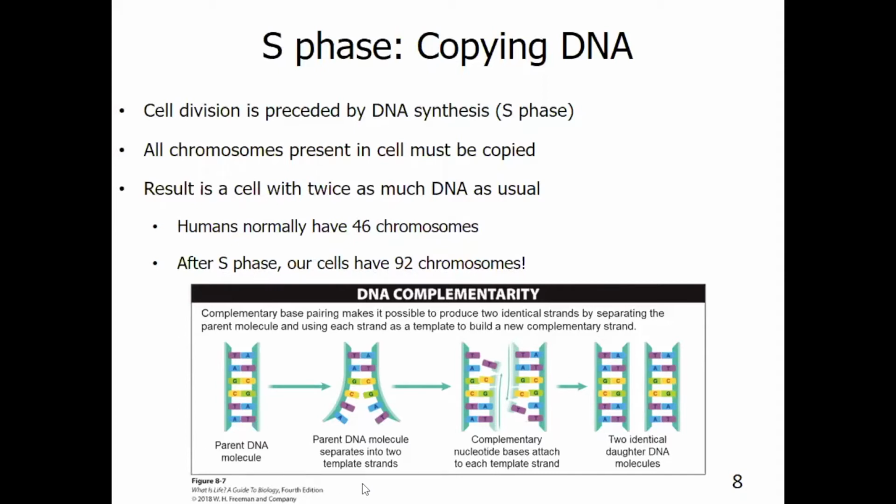Here in figure 8.7, we're looking at an overview of the DNA replication process. DNA replication is based on the same base pairing rules that you have learned already. Remember, A and T pair together, and G and C pair together. What that means is that if we start here on the left-hand side of the figure with the parental cell's DNA, if we separate these two strands, as shown here, we can use each of these two strands as a